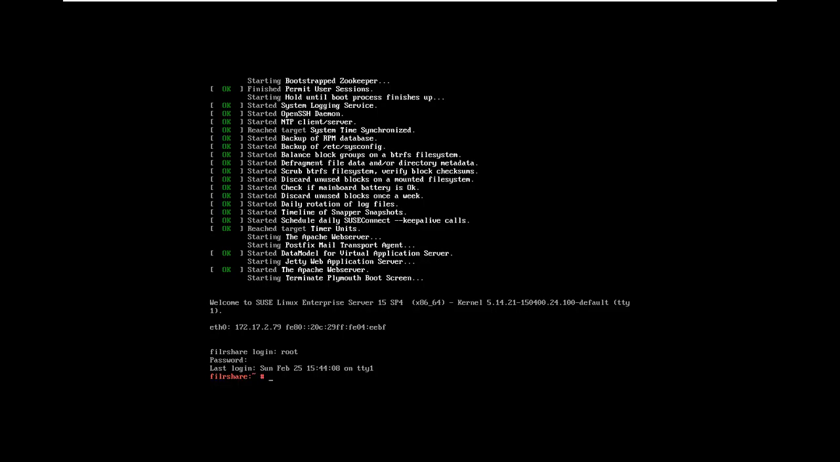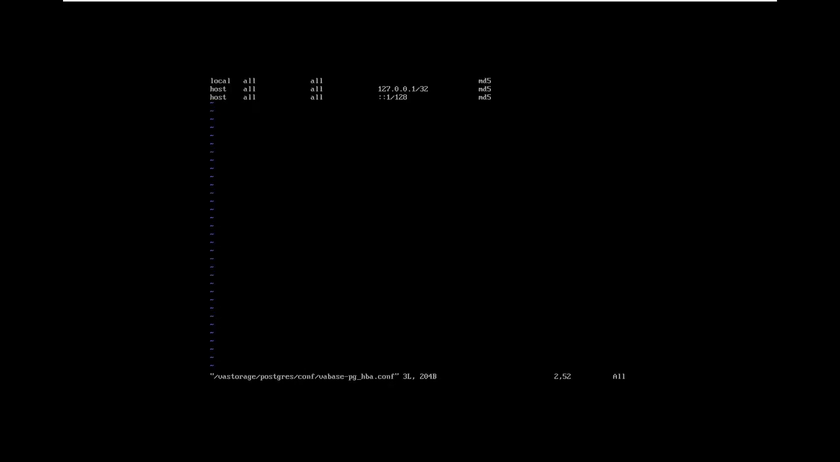And a couple of things I need to do. First thing is I need to edit a file which allows connections to Postgres. So I'm just going to use vi as my editor, and then the file I need to edit is in /var/lib/pgsql/data, in Postgres, and it's a file called va-pg_hba.conf. So if I just hit return on that, you can see I've got a line here which is restricting